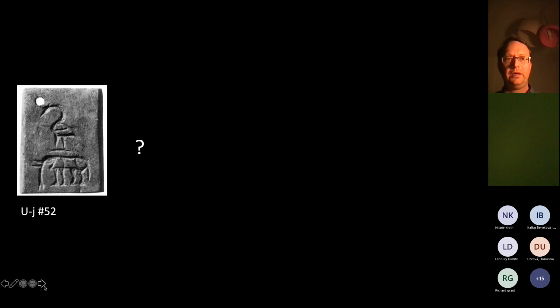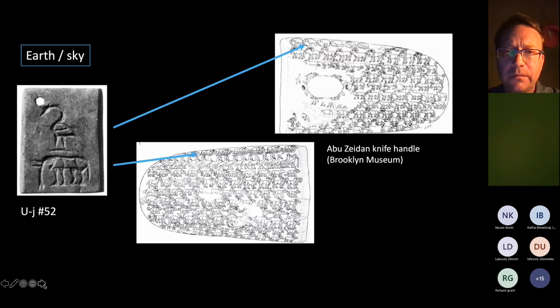And so what about that? Here you have this long-necked bird, perhaps a crane, above an elephant. That has long resisted any kind of interpretation. But once we learn looking at these things visually, I think we can go somewhere. First, observe that the elephant walks on the earth, and the long-necked bird is a bird, so it's somehow associated with the air. And if you look, for example, at the Abu Zaidan knife handle, which has a very complex